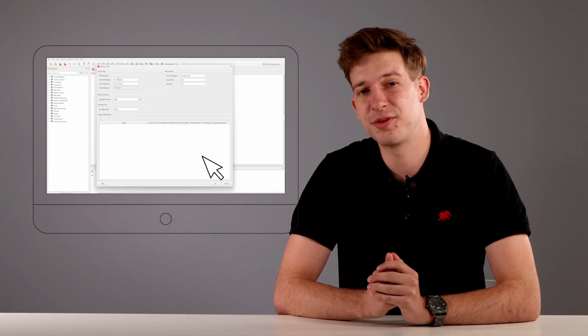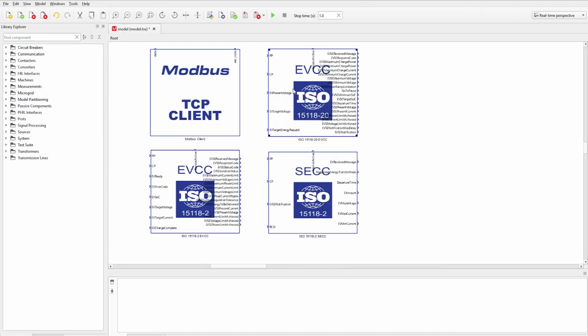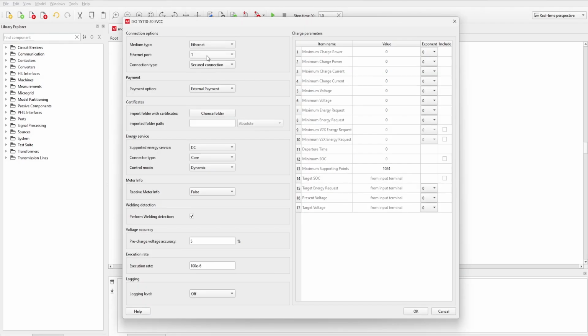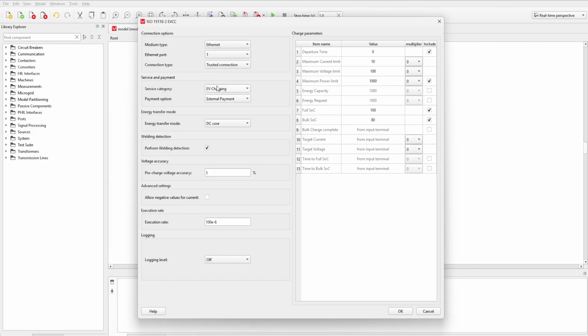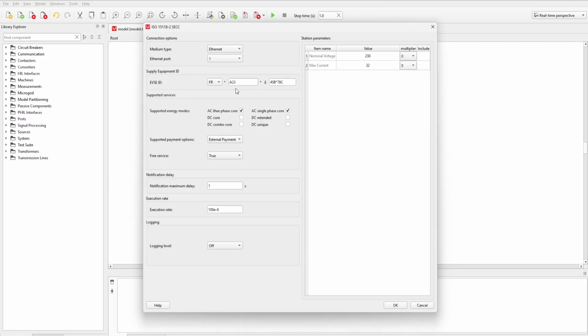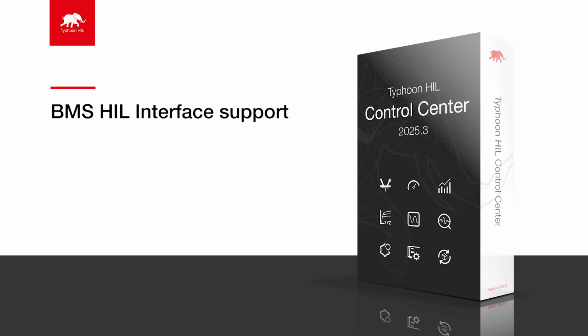Additionally, we added Ethernet port selection for several components: Modbus client, ISO 15118-20 EVCC, ISO 15118-2 EVCC, and ISO 15118-2 SEC. The BMS HIL interface is our all-in-one solution for testing battery management systems in electric vehicles and energy